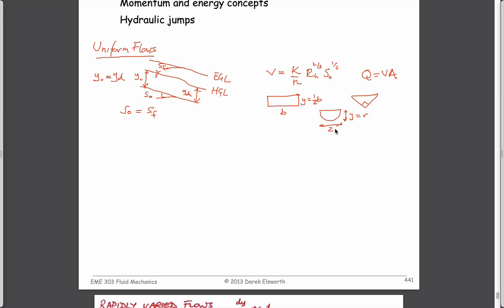B is equal to 2r in these cases. So in those cases we can merely write that behavior as that. And if you recall, for all of these, we defined